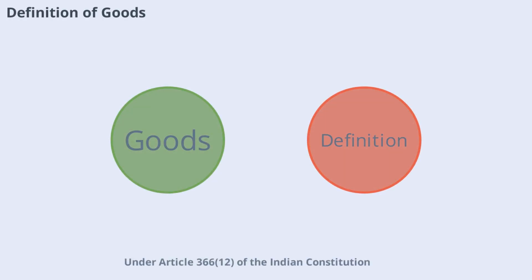Under Article 366(12) of the Indian Constitution, goods are defined as all materials, commodities, and articles. In the context of GST, goods must be movable and marketable. This means that for something to be classified as goods, it should come into existence and be capable of being brought to the market for sale. This definition is crucial in determining what items are subject to GST and helps in distinguishing between goods and services